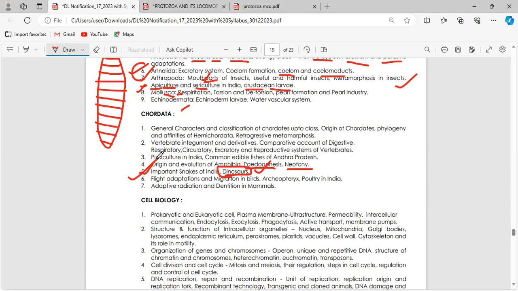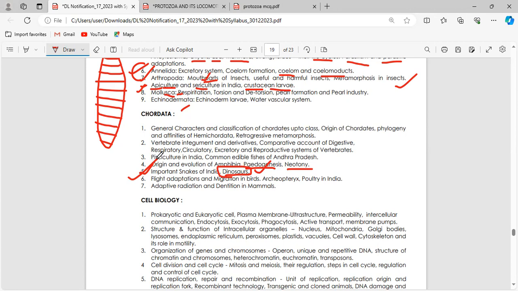sharpest, and which shows the longest distance of migration, and which shows the shortest distance of migration. These facts will also be important. It is not very important, but you have to know these things when you read about migration in birds. And the next one is Archaeopteryx. What is the speciality of Archaeopteryx, why it is considered fossil evidence, everything will be discussed when I